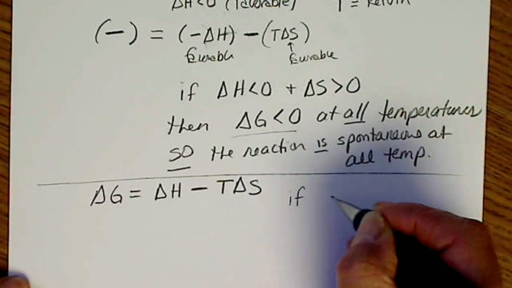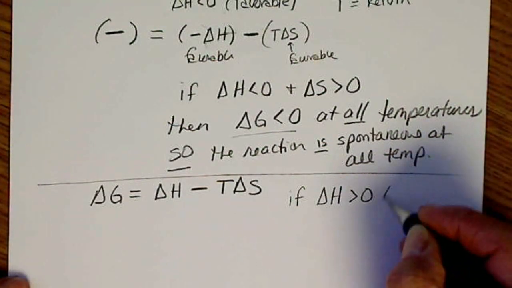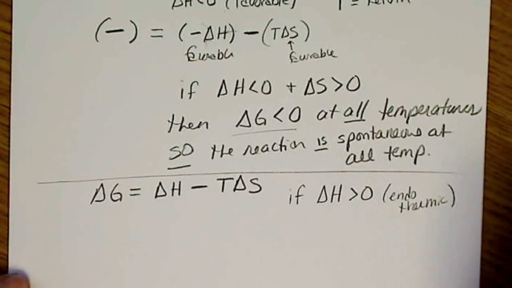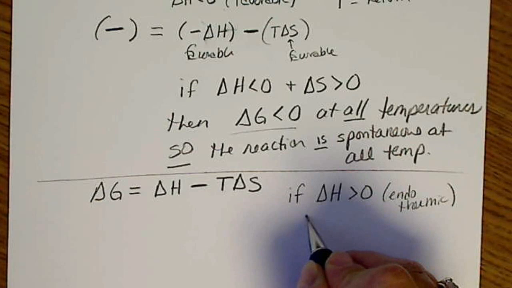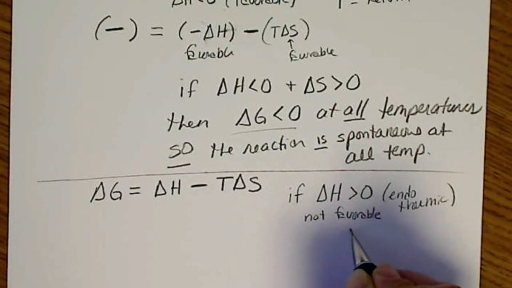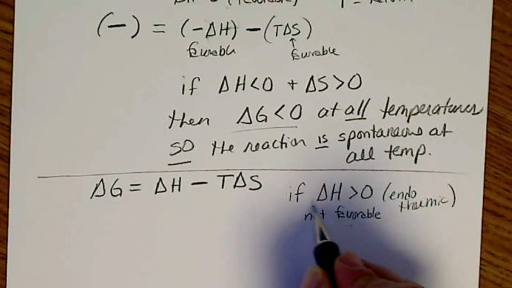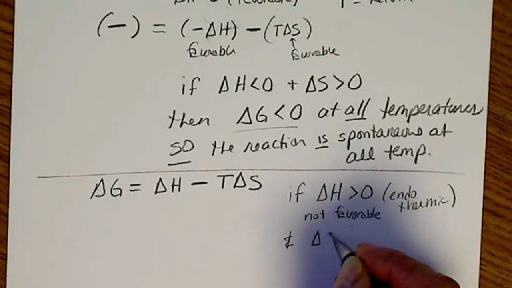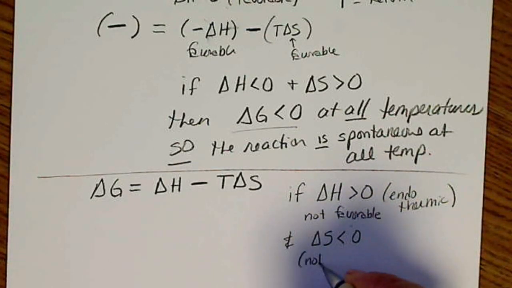So let's say that the delta H term was actually positive. So this is for an endothermic reaction. This is not common. This is going uphill in energy. So this is not favorable. The universe generally does not go in that direction. It doesn't go uphill in energy. So if this is the case, if delta H is greater than 0, and if delta S was less than 0, this is also not favorable,